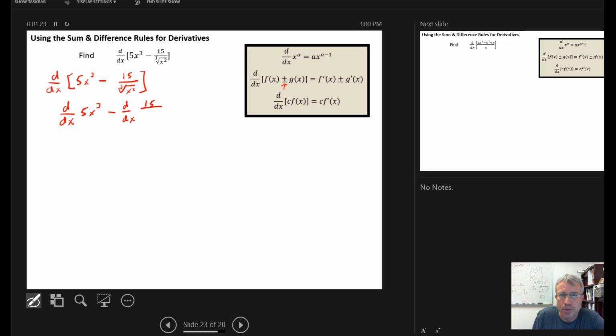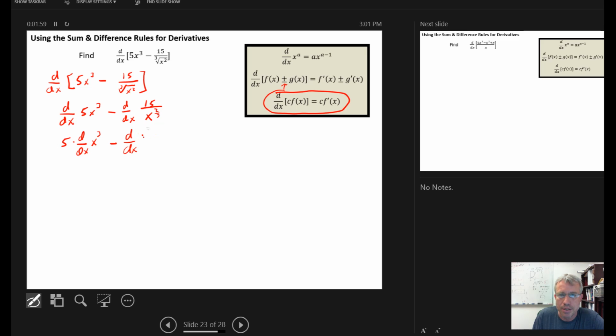And I probably want to get this out of the radical form. So I want to recognize that this is the same as x to the 2/3 power. And here I have a derivative of a constant times a function. So I use this rule right here to say, I'm going to get the same thing if I take 5 times the derivative of the function itself. So 5 times d dx of x cubed minus, and here I'll do this in a couple steps, but I really do have